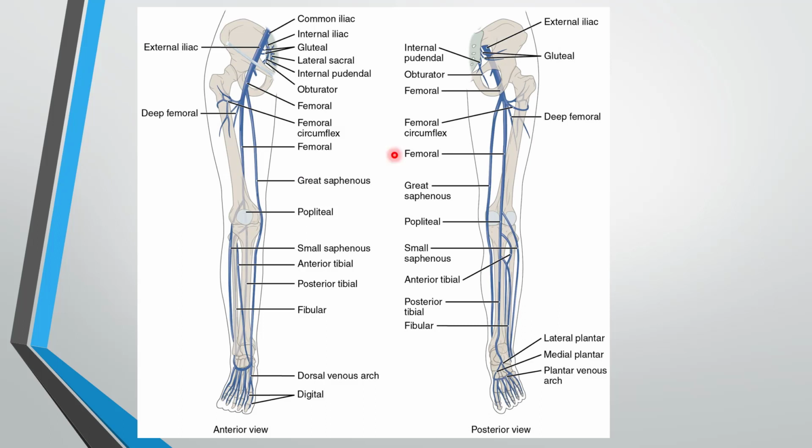I will show you some more diagrams. See here, these are the digital veins which are forming the dorsal venous arch. Okay, so these are the continuation. There will be continuation from the perforating veins, from the superficial veins. They will form the anterior tibial vein. Then there are two veins which are fibular and the posterior tibial veins. These three veins will drain in the popliteal vein, then they will drain in the femoral vein. Some of the deep veins of the thigh also enter the femoral, and then the femoral vein will become the external iliac vein.